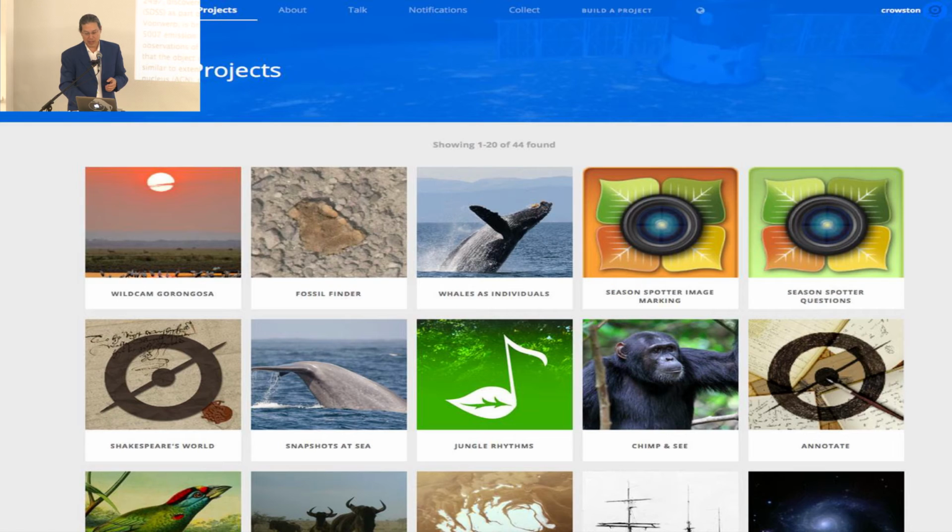Inspired by the success of the Galaxy Zoo, the researchers at Oxford and now also at Adler Planetarium in Chicago have created the Zooniverse, which is a collection of many projects. There are quite a number of them in astronomy, which is where they started, but also in different kinds of natural sciences, and even in the humanities. So for example, one that my girlfriend likes quite a lot is transcribing letters from Shakespearean times, where you have to actually learn how to read the old handwriting and help to transcribe the letters.